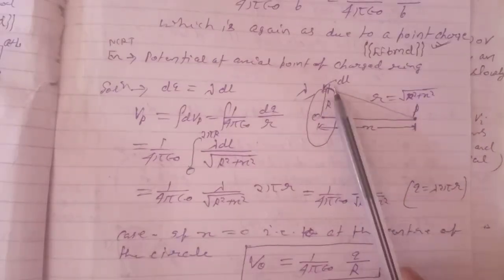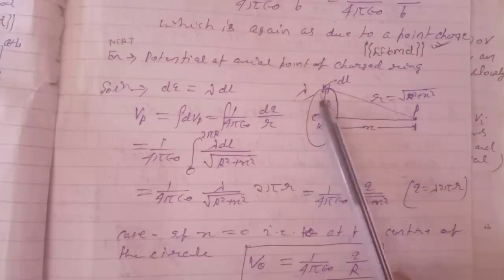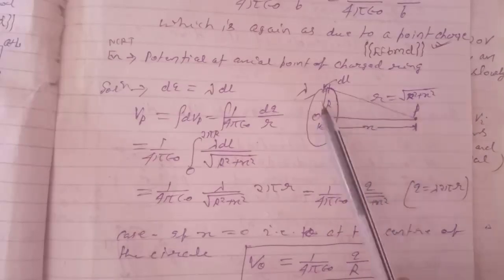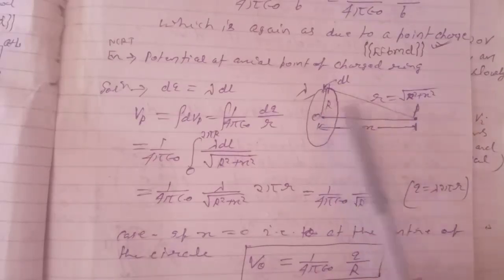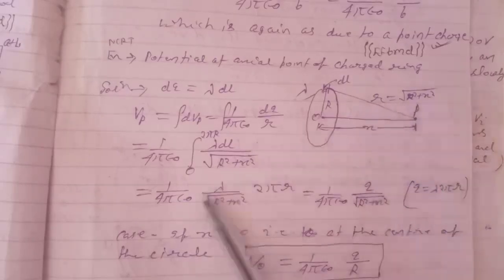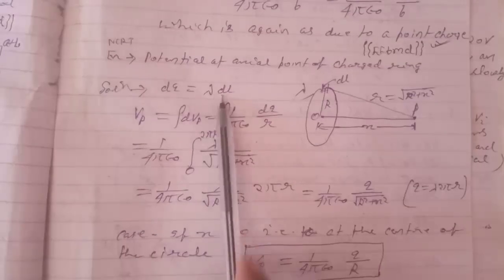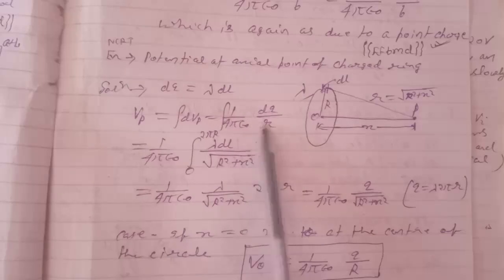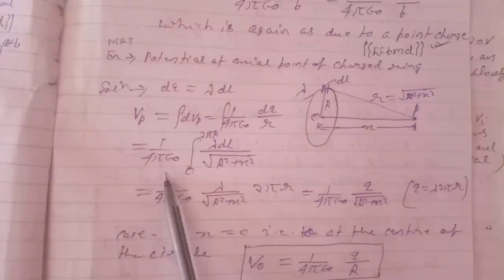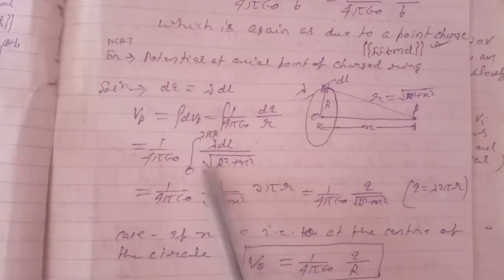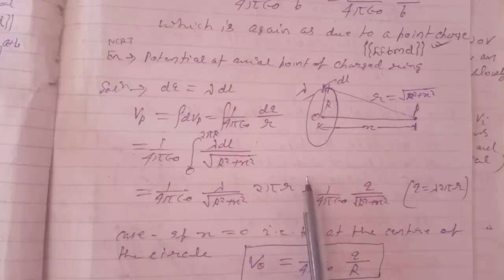So taking an elemental length of the ring, and the linear charge density is given as lambda, and if the radius of the ring is r, then this distance will be r equals under root r square plus x square. So here dq will be lambda dl, and so potential Vp is integration dVp, 1 by 4 pi epsilon naught dq by r, or 1 by 4 pi epsilon naught integrating from 0 to L, L is here 2 pi r, lambda dl by under root r square plus x square